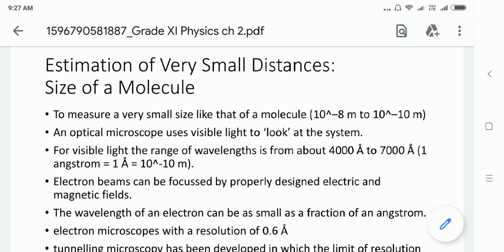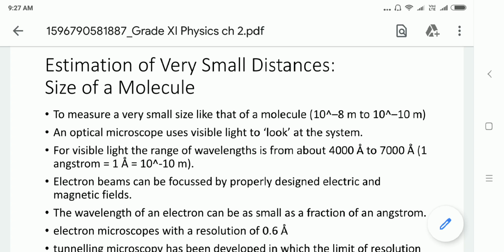In the earlier session we understood nanometer. Nano means 10 raised to minus 9. Now here it is given in terms of angstrom. Angstrom is a unit to measure small distances. 1 angstrom equals 10 raised to minus 10 meter. So this wavelength 400 nanometer means 400 into 10 raised to minus 9 meter.